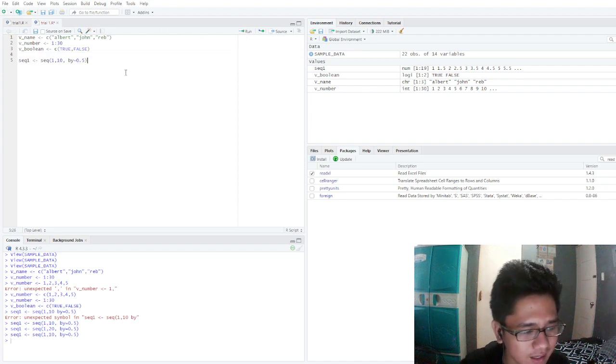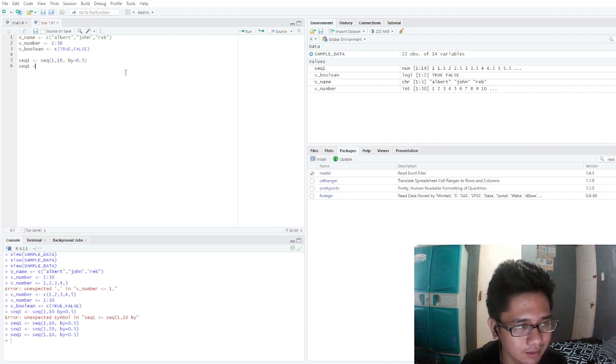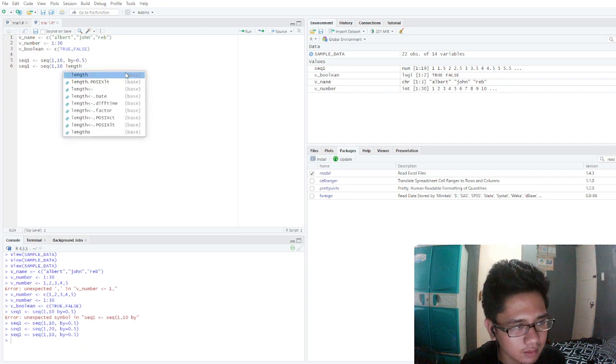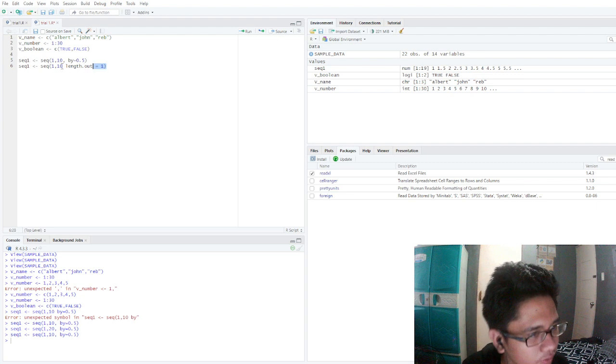You can make another sequence by seq 1 to 10, then length.out equals 1. Let's see if this runs. Oh, it's the same.